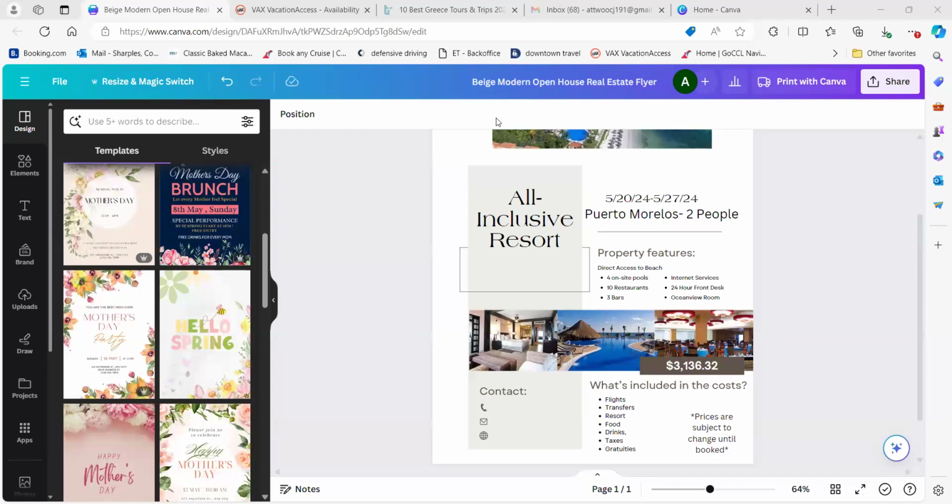Where's the chat here? You might see a blob on my screen for a second. Just bear with me, I was trying to post that in the chat for you.